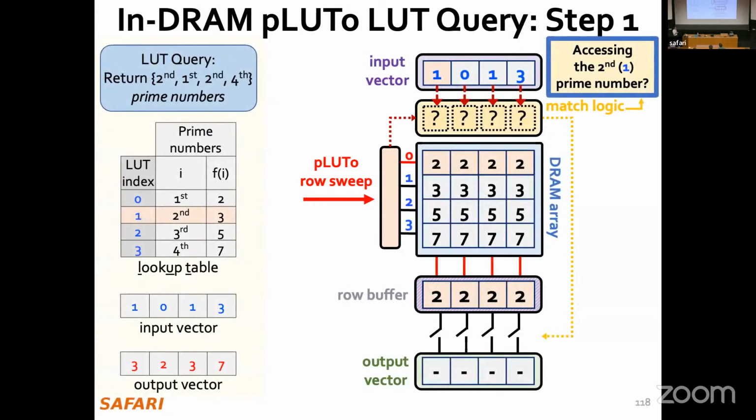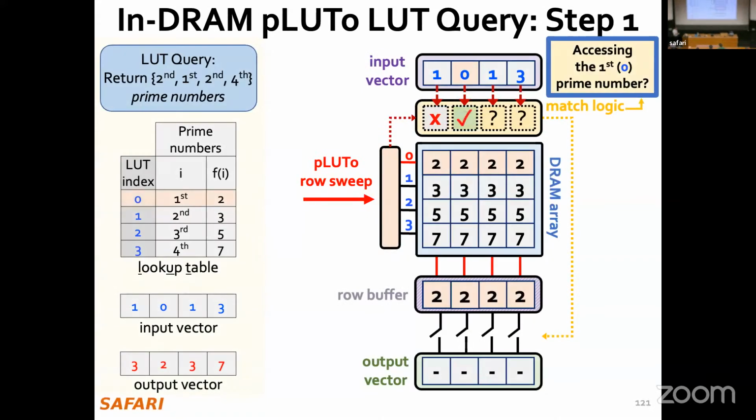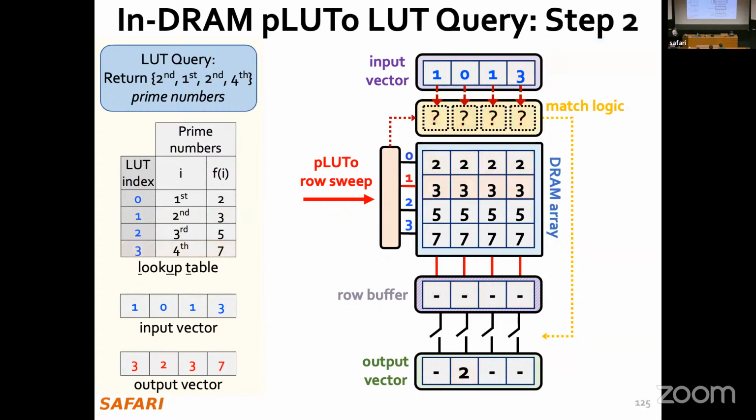So 0 is equal to 1? In this case it is not, so that particular access transistor is not going to be enabled for the first position of my output vector. So am I accessing the first prime number? Yes. So my access transistor is going to be enabled. It's a match, and the data 2 is copied to the output vector. So am I accessing the second prime number? The answer is no. And I'm not accessing the third prime number, so the answer is also no. So the only data that was copied was the number 2, which is the first prime number, in this particular position over here.